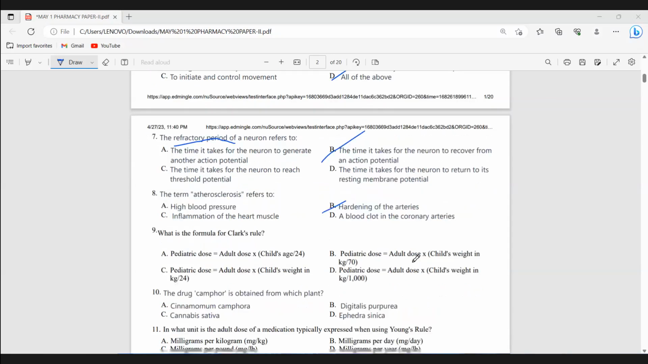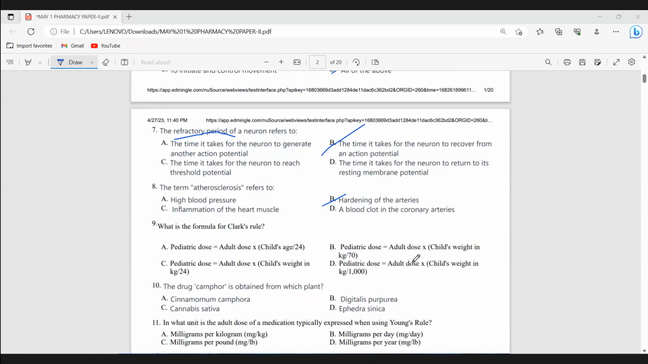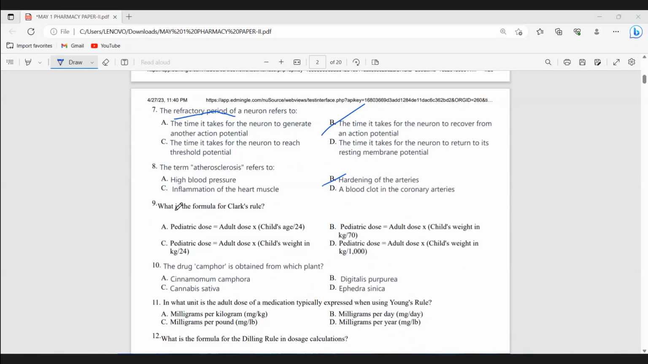Then ninth question. What is the formula of Clark's rule? Note Clark's rule formula. It is not in kgs. Once you note the Clark's formula, child weight in LBS